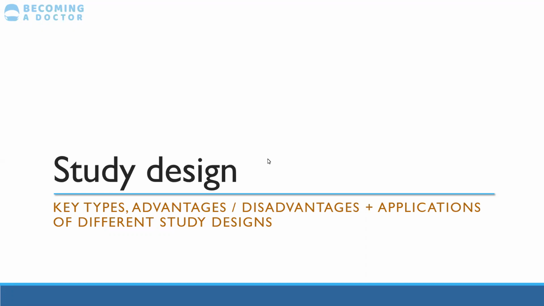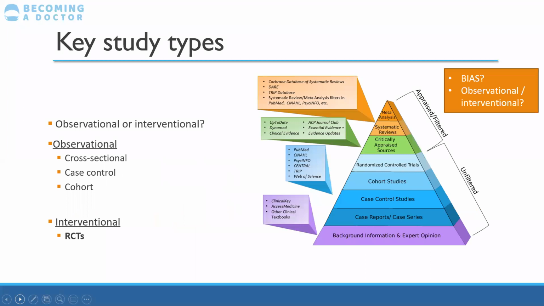Okay, so now that we've covered summarising studies, I just want to go into the different types of study design that we have, covering the main types, advantages and disadvantages of each, and where each type of study design can be applied. So there are 2 broad categories of study type, observational and interventional. Observational is where we're looking at a population, we're not actually measuring anything ourselves, but we're looking at data that's been collected previously. And interventional, in which we're actually implementing